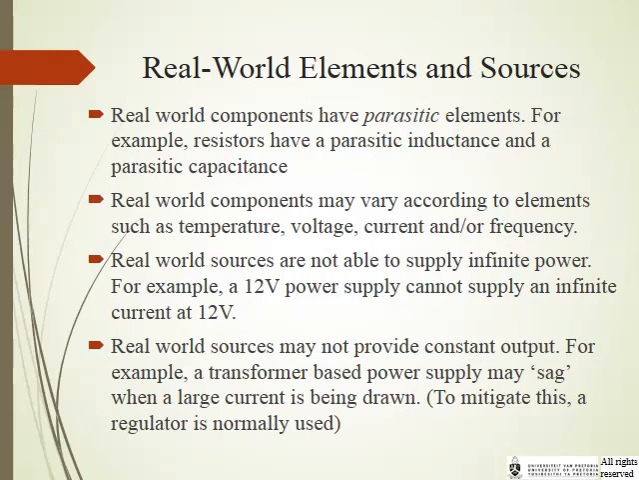Real world elements, as I already mentioned, are not ideal. So what we have here are what we call parasitic elements. For example, a resistor has some parasitic inductance, and it will also have some parasitic capacitance involved. The other thing is that the values of the components will change with temperature, the voltage, the current, or even